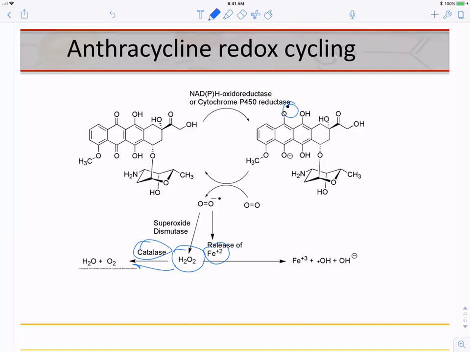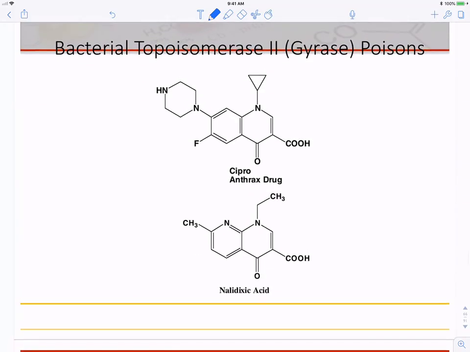And so other antibiotics that are used for inhibition of topoisomerase 2 are Cipro, which is also basically an antibiotic, and it's used in particular against anthrax. And it works in the same way by inhibiting, in this case, the bacterial topoisomerase 2. And so topoisomerase 2 is also called gyrase because again it gyrates the